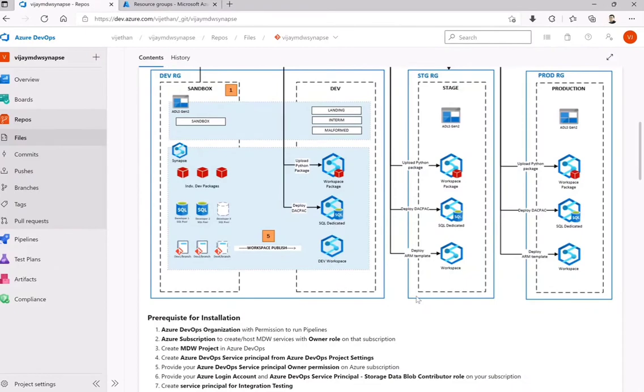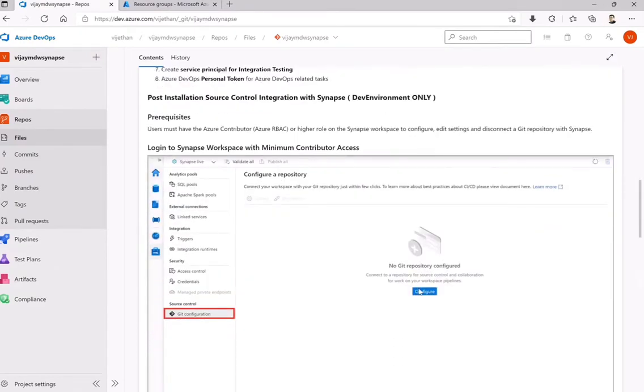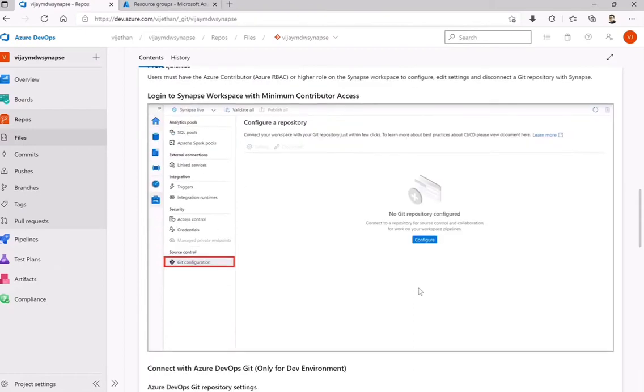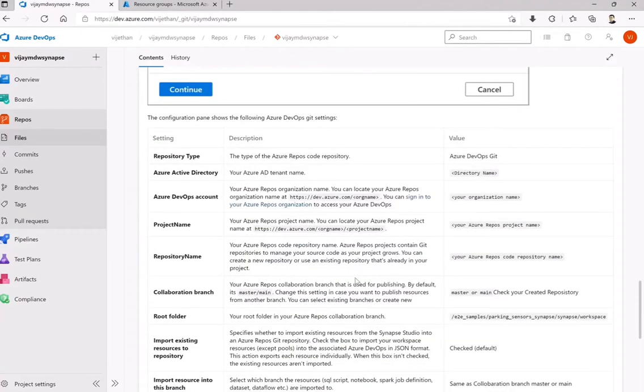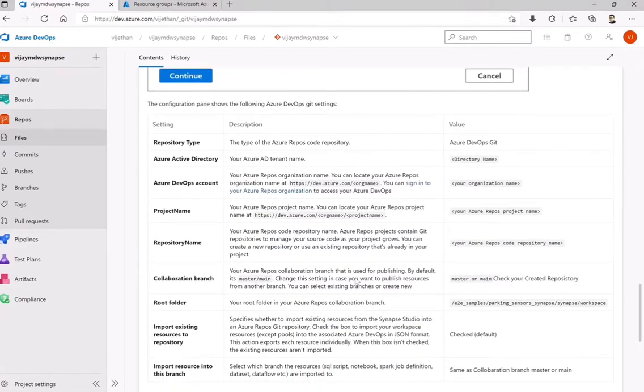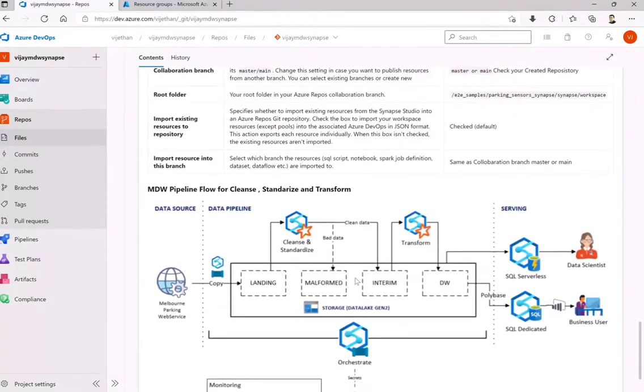Okay, so moving further, what we require for that is, first of all, our implementation is ready with relevant prerequisites, with complete access which we have. However, for us to actually build that, we need some kind of repository integration within our Snaps workspace. So that is the first step we will do. Then following that, there are some configurations which I will show you step by step, which we have to do to create that ARM template for us so that we can then replicate that to the other environments.